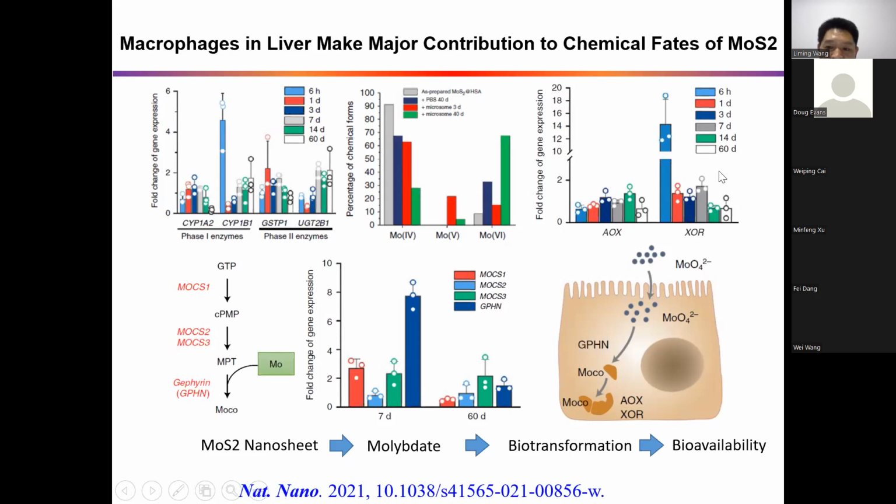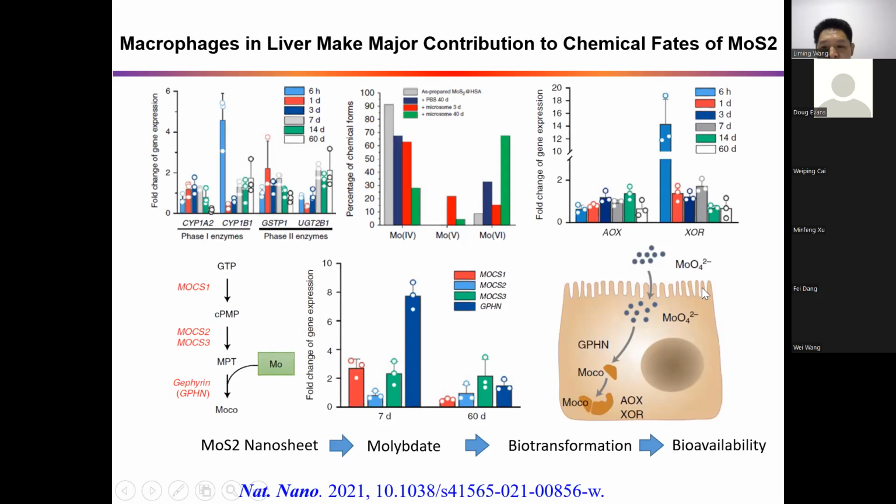This suggests that Mo may be transformed into some bioavailable molecules. These two enzymes have Mo cofactors. So based on this molecular biology evidence and X-ray based evidence, we can see that when MoS2